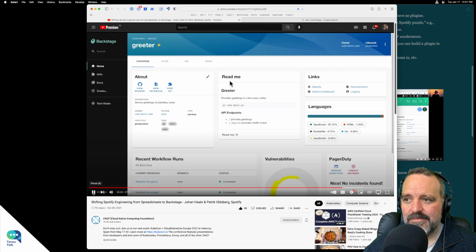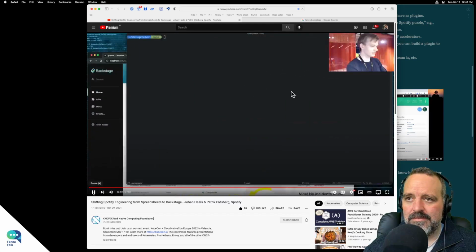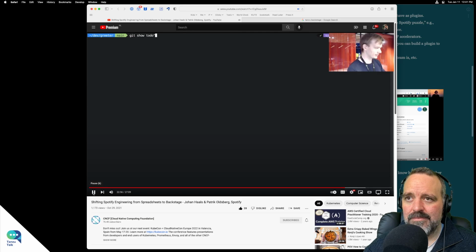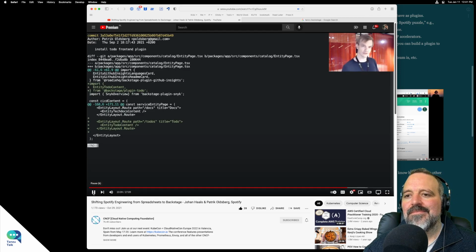We'll have a look at the To-Do plugin, which is able to scan your source code for to-do comments and then make them browsable within Backstage. So I have prepared a bit here to not have to wait for downloads and do any kind of live coding. But installing this plugin is split into two steps. There's a front-end component and a back-end component. So looking at the front end, we install the plugin really just by taking content from it and giving it a space in the UI.